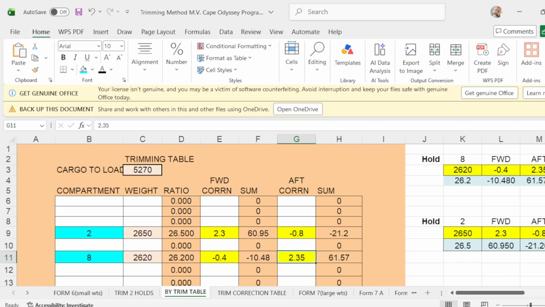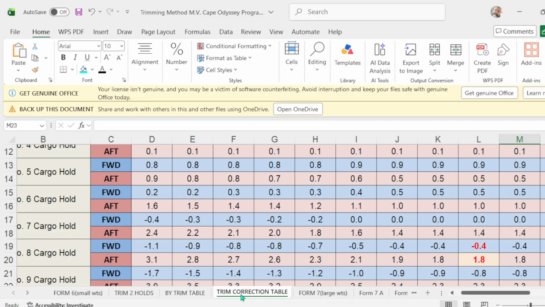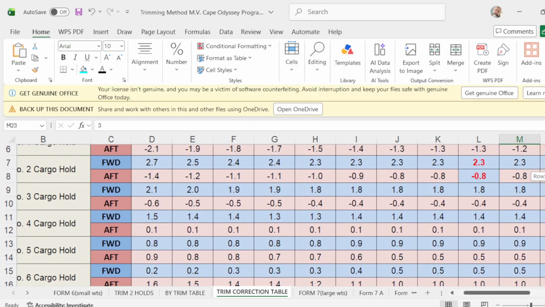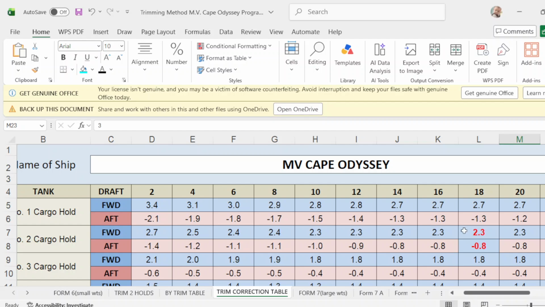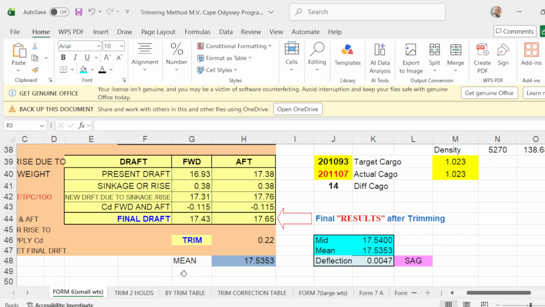This is 1.8, okay? Take note, guys, the correction is from 18 meters, okay? Because your draft here is almost 18 meters, okay? So I choose 18 meters.